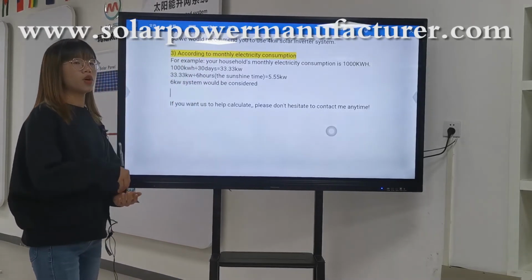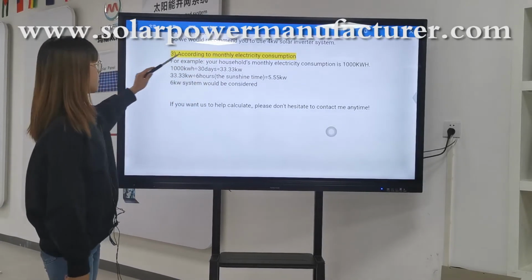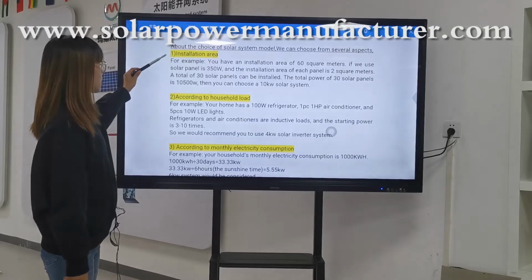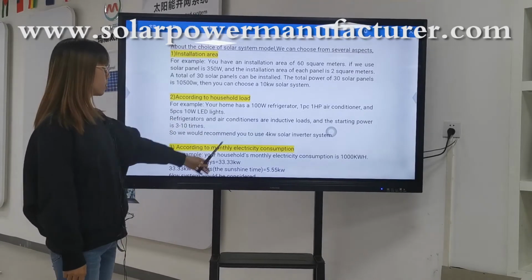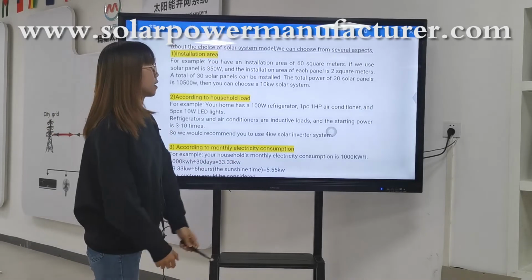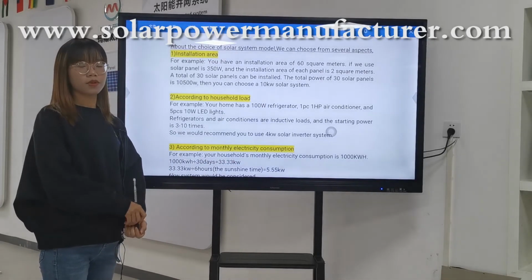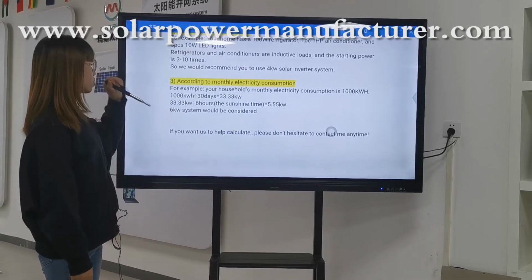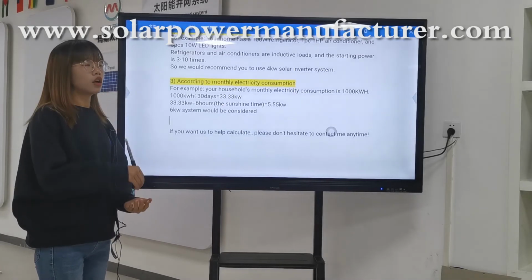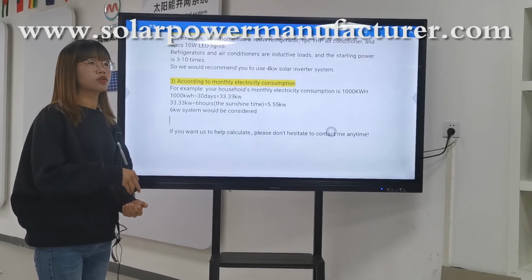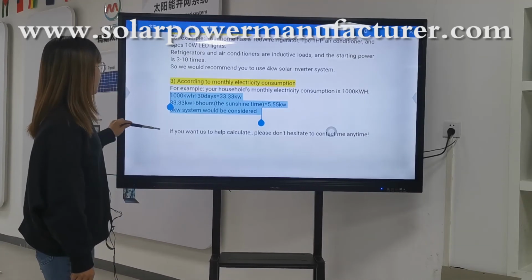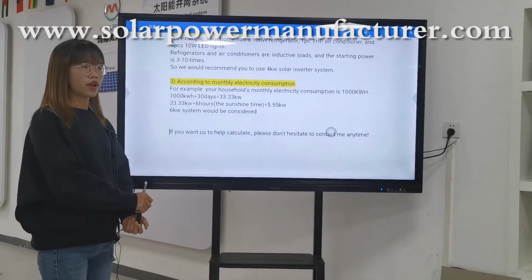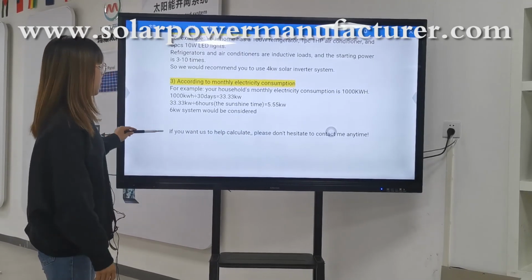And you can show me your home load, your monthly electricity consumption, or your installation area. According to the installation area, your home load, or your monthly electricity consumption, we can help you design the suitable solar power system. And if you choose the suitable solar power system, it can help you save on the electricity bill, or save you some money. So if you have any question, or if you want to use a solar power system but have no idea which model you need, you can ask me and I will show you some